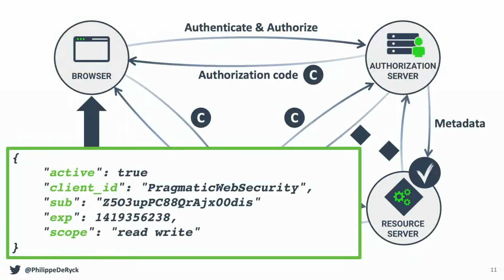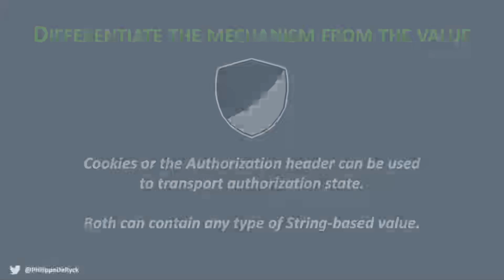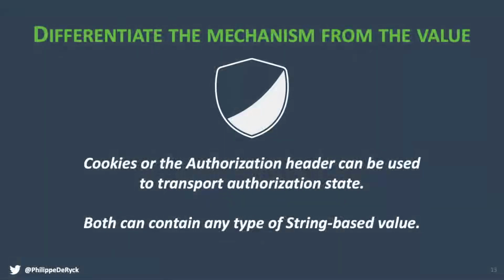And this is a very good illustration of why this whole discussion between cookies and tokens doesn't make sense. You have to distinguish between the mechanism and the value. That's important. The value represents how you're handling this. It can refer to some server-side state, regardless of where it's kept, or it can be a self-contained token, such as a JSON Web Token containing a set of claims. But how you transport that and how you store that is completely separate from what it actually represents. And in the rest of this talk, I'm not going to talk about the value, but about the mechanisms, about how you store values in the browser, the implications of that, and how you transport them back to the server.